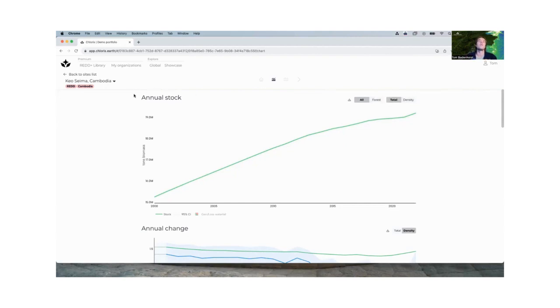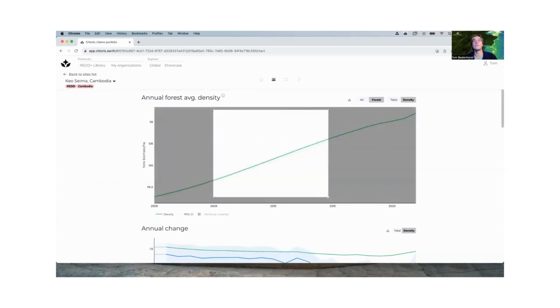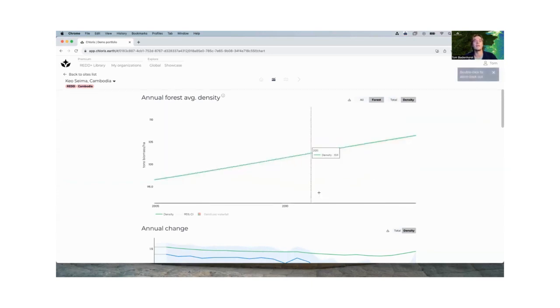stock chart over the entire time period. Now, this can be shown for all the biomass in the project area. It can also be shown for the forest area only. Similarly, it can be shown across the whole project area, and then on a per hectare basis, looking at density. If you want to zoom into a particular time period, you can simply highlight that time period and zoom in